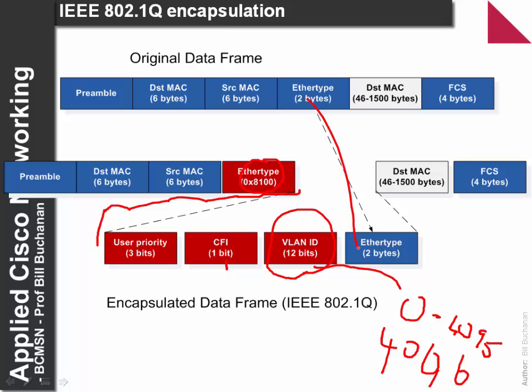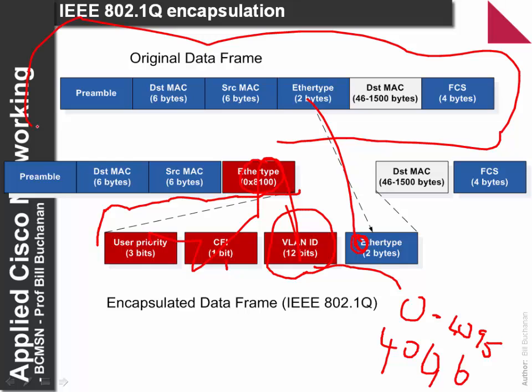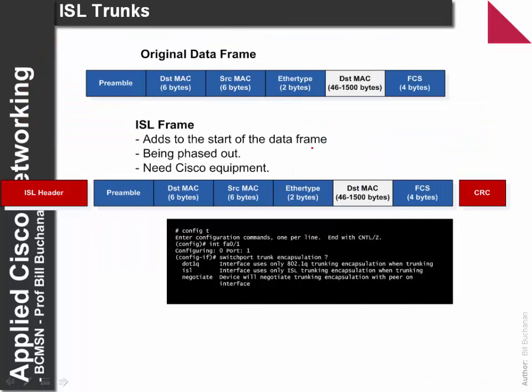The Ethernet type is then just added at the end of this, so that when the data frame is recovered at the other side, the red parts are taken off and it recovers the original Ethernet frame that originated on the original network. So this is defined as an encapsulated data frame. So we can see here